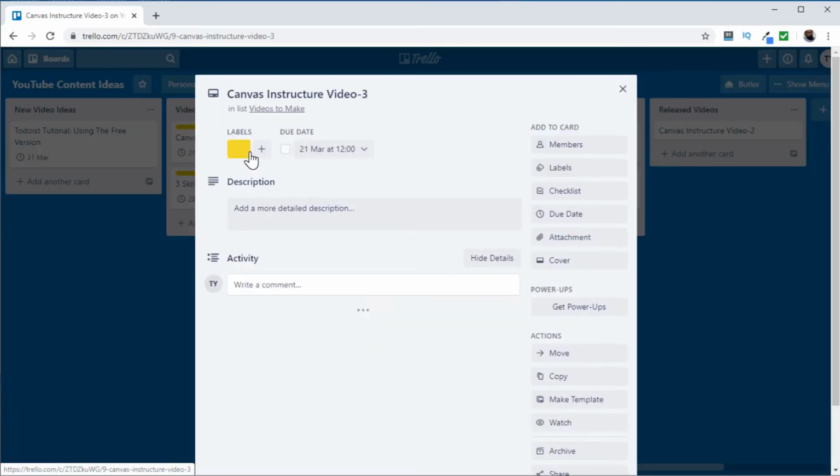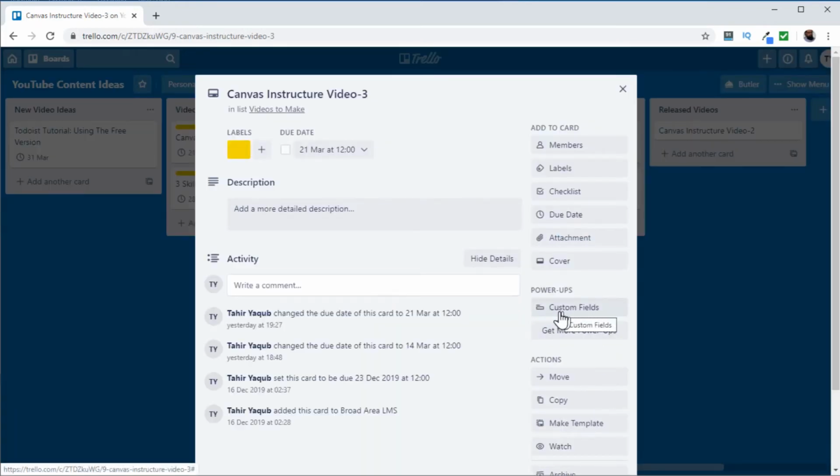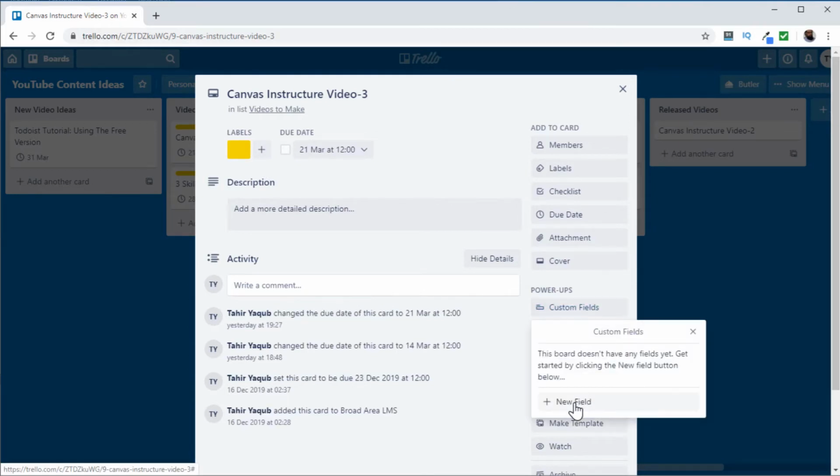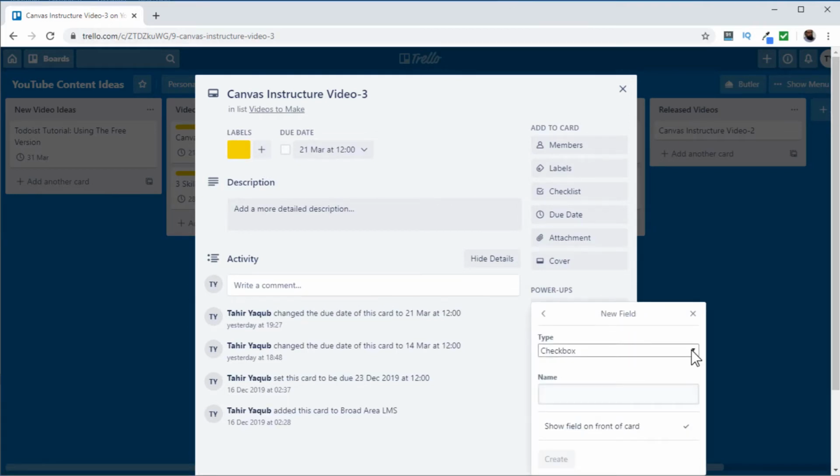So I click on this card and now I have this custom fields tab available. I click on that and I click on new field. I can add a field of a few types. For example, a checkbox field, a date field, a drop down list type of field, a number field. For example, if you want to put an account number for your client, you can add this field on your cards,